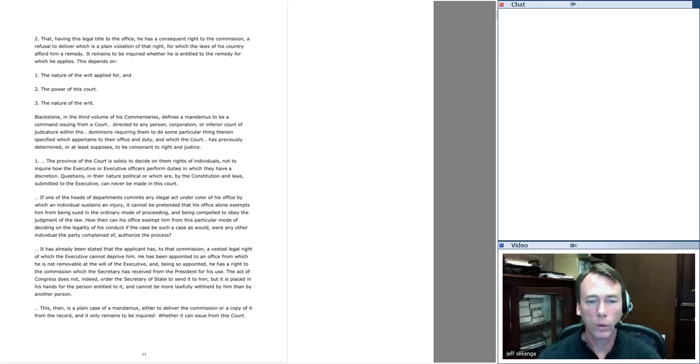But then the third question becomes, is it the Supreme Court that should issue the writ? And there, everyone's holding their breath, he gets to the very last point, and he says, no. It's not within the Supreme Court's power to issue the writ of mandamus. Why not? Well, remember, Marbury sued under Section 13 of the Judiciary Act, which said that the Supreme Court could give him a writ of mandamus. And he was just saying, well, I'm just following the law. The law says I can go to you, and you can tell Madison to give it to me, and he has to give it to me.